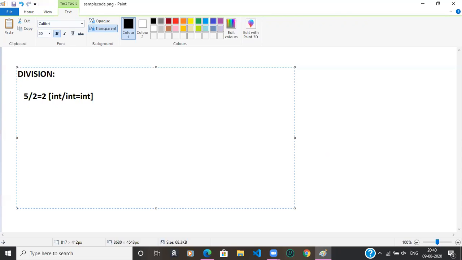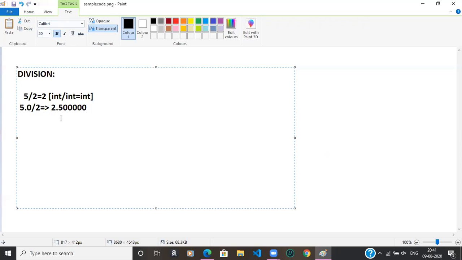For example, floating point 5.0 by 2, the result will be 2.500000.